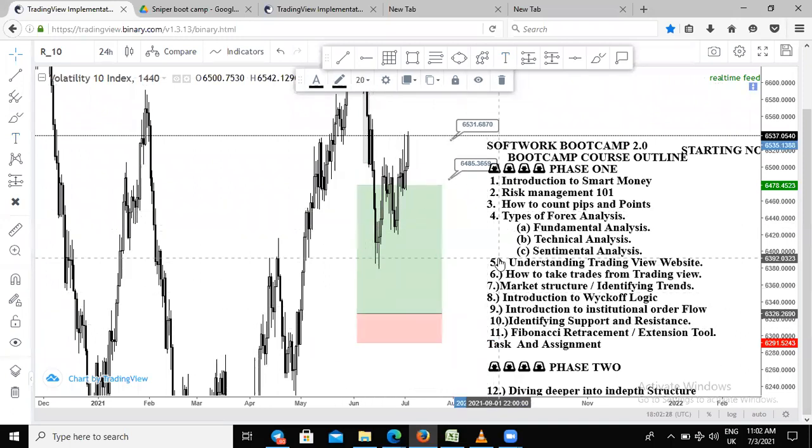Probably this is a trade setup. So one thing that should come to your mind, even without me posting anything, is that, okay, this is a buy limit, and the entry is